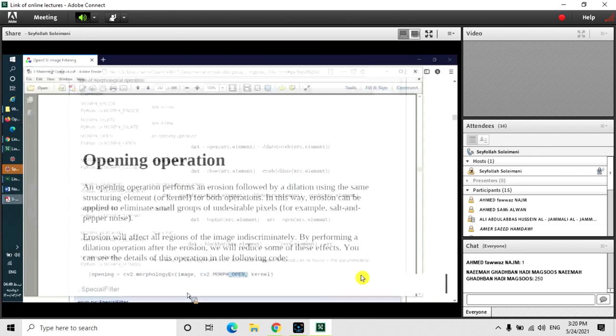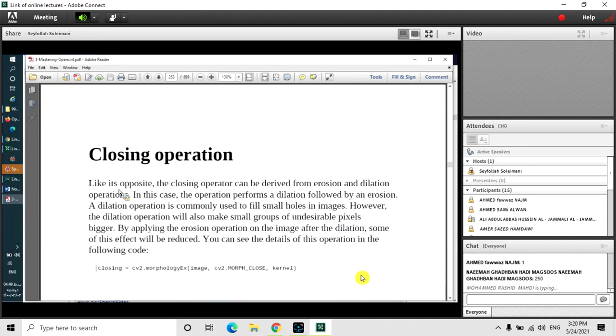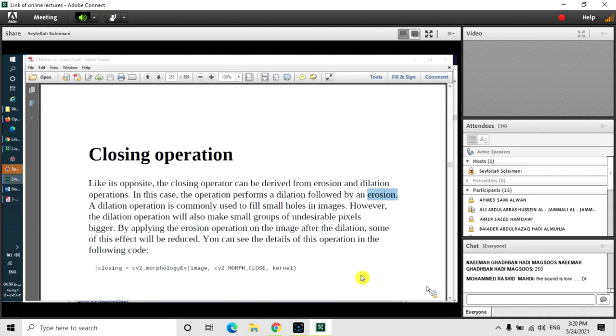Morphology EX has different operations. Here we use it for opening. But its opposite, the closing operator, can be derived from erosion and dilation. In this case, the operation performs a dilation followed by an erosion. A dilation operation